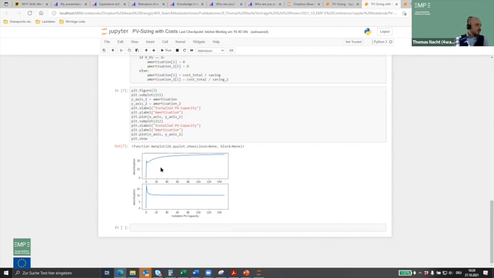So there, the optimal sizing would be with the lowest amortization rate of about 18 years, which is approximately, I think, 3 to 4 kilowatt peaks. And this shows very clearly that in Austria, at least with 18 years amortization duration, PV is not yet fit for market without funding, which is why we still have a lot of funding in Austria, because those calculations were